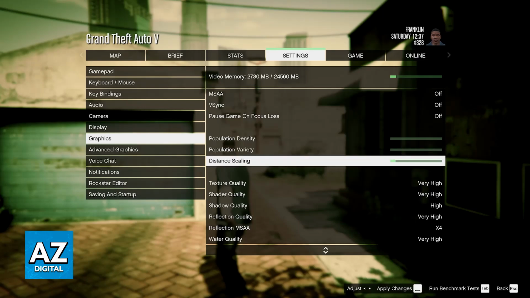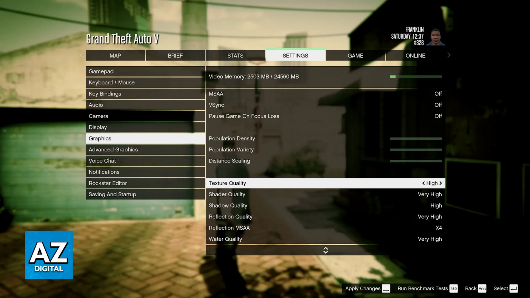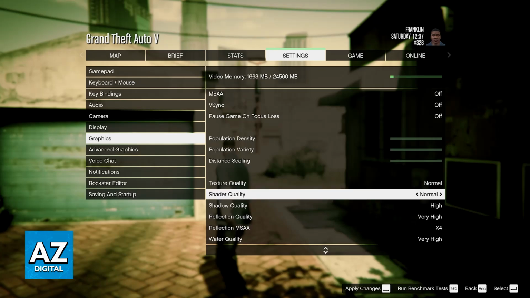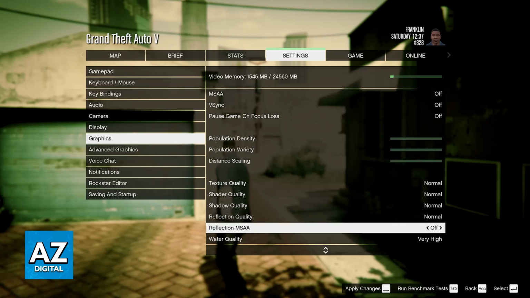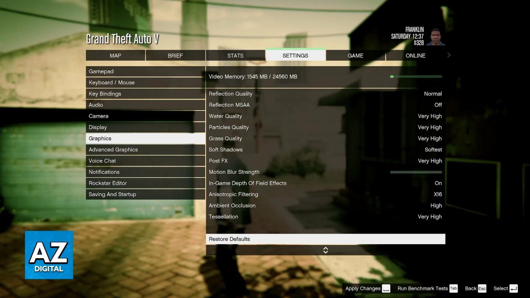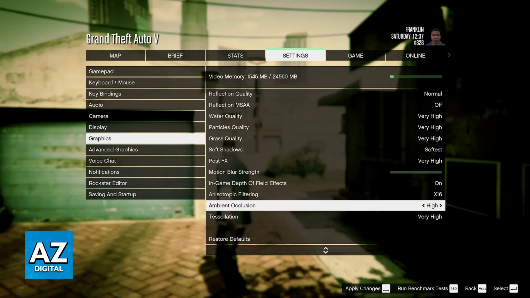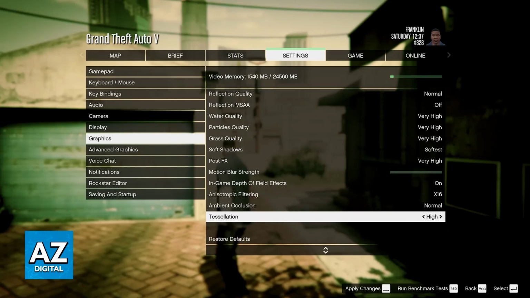Next, for the quality settings here at the bottom, once again, you just lower them as much as you can. Usually they will go down to normal or low. So just keep lowering them, or set them to off if available. Now, this is the simplest way to get the best performance. You just set everything to normal or off and you will be good to go.